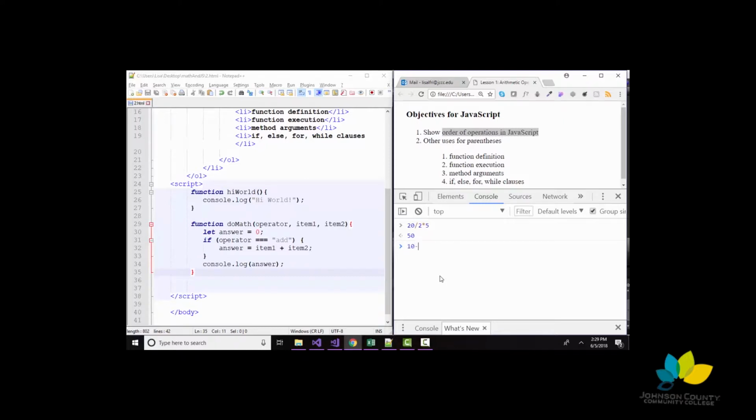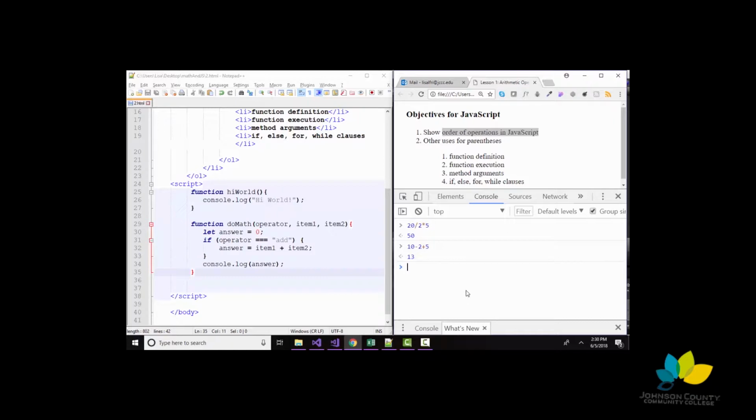Similarly, addition and subtraction are exactly the same operator. It's just that subtracting is adding the negative of the number. So in this case, we're expecting 10 minus 2, which is 8 plus 5, which is 13. And we get that. So if we wanted to override these natural order of operations, we could use parentheses, just